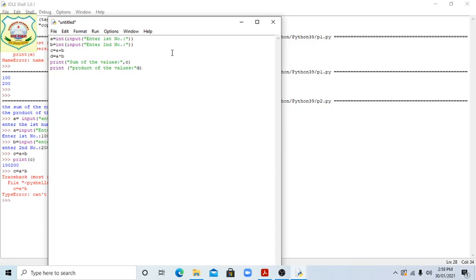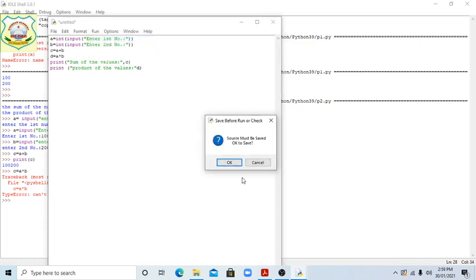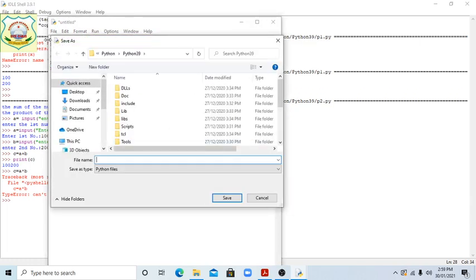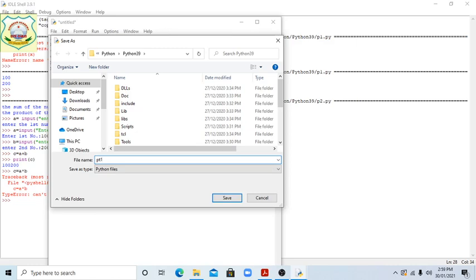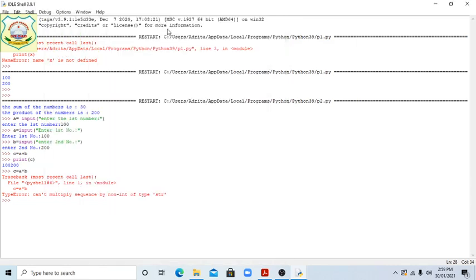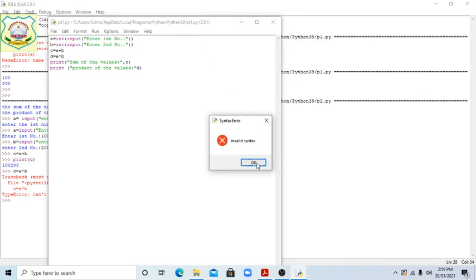Okay, we want to run it, so run module. It will ask to save first of all, because we have not saved it. It is showing untitled. We will save it as pt1 dot py. Okay, now file has been saved. Okay, so again, yes, pt1 dot py.